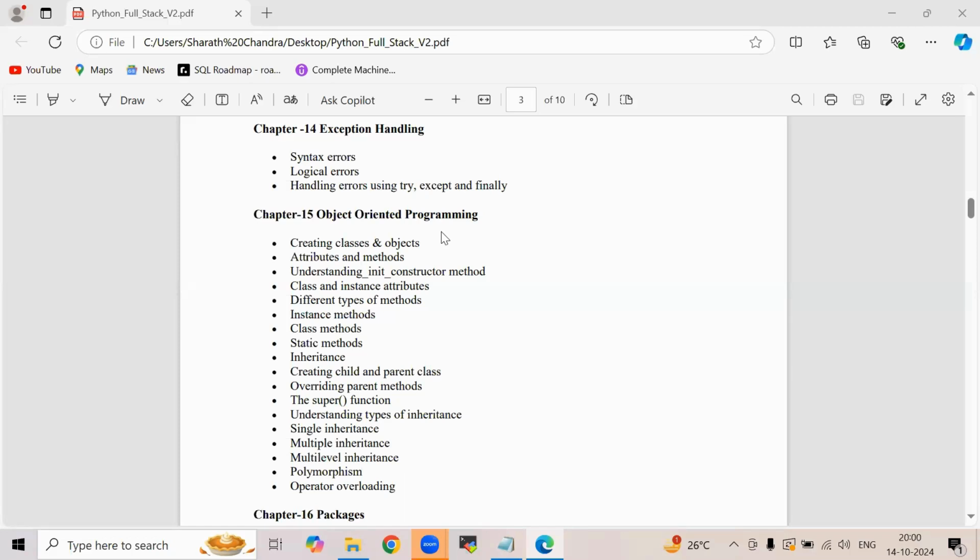So here we'll discuss what is a class, what is an object, how we can create an object, what are the different types of methods we have, what are the class methods, what are the static methods, and then inheritance, how the parent properties get reflected in the child class. All such things we will discuss in object-oriented programming in a full-fledged manner.